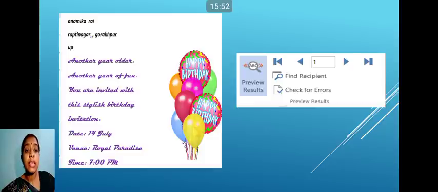As I have told you, you can scroll to the first, the next, or the last one. This preview result will also be available at the top of the ribbon. I will show you that in the practical. So here also, when you click on this arrow button, you will go to the next letter, the letter with the name of another recipient. Clear?